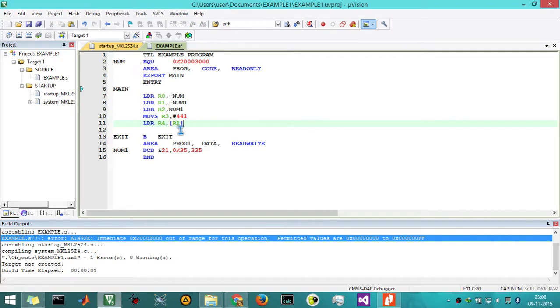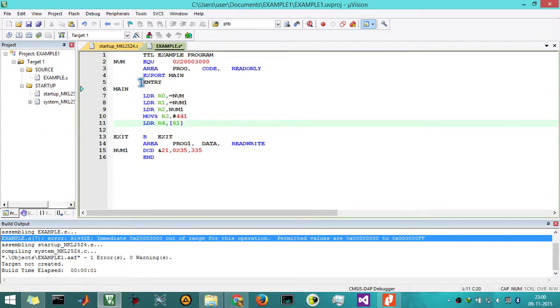Here we have to see that this data transfer is from right to left. In most microcontroller assembly language programs, the data flow is from right to left. So the source operand will be on the right side, and the destination operand will be on the left side. But in the ARM microprocessor, there is a slight change for some other instructions, and we are going to see it very soon in this tutorial.